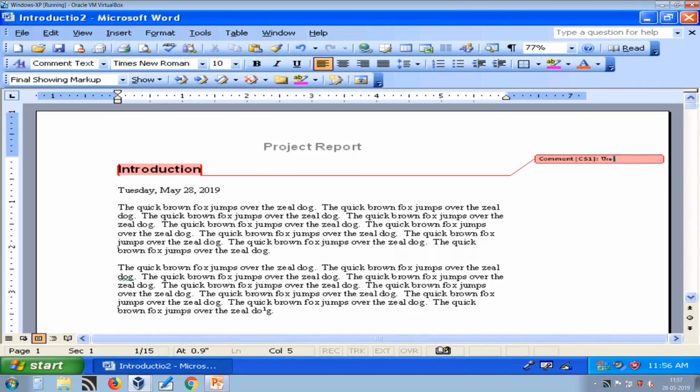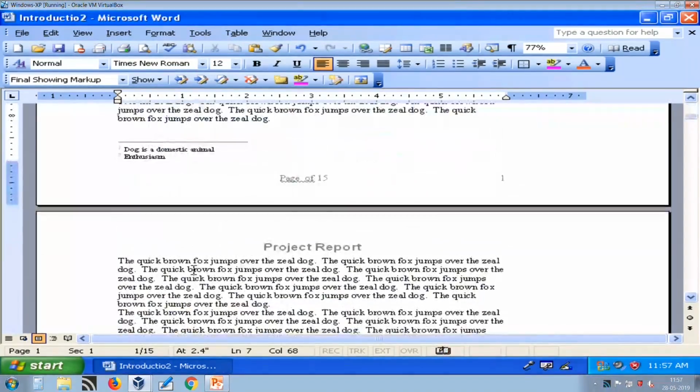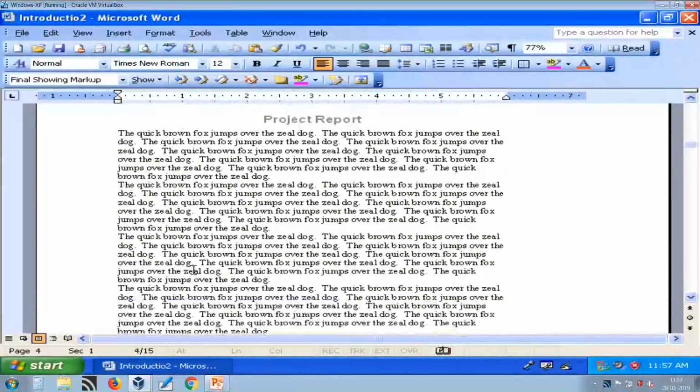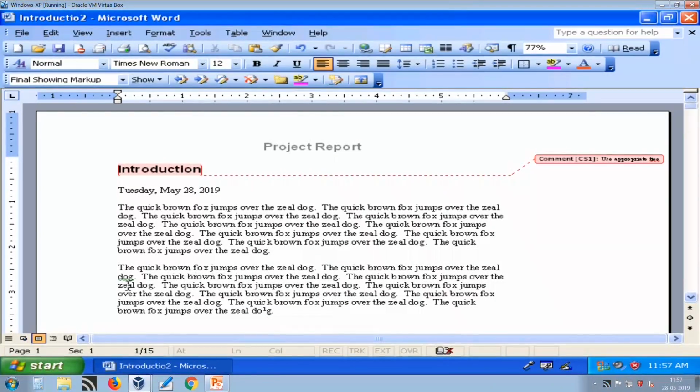For example, I want to say use appropriate title. So now the author can see that I need to change this title as per reviewer comments. So this is how I can show comments in my document and accordingly the author can act on that. So it is again a useful feature.